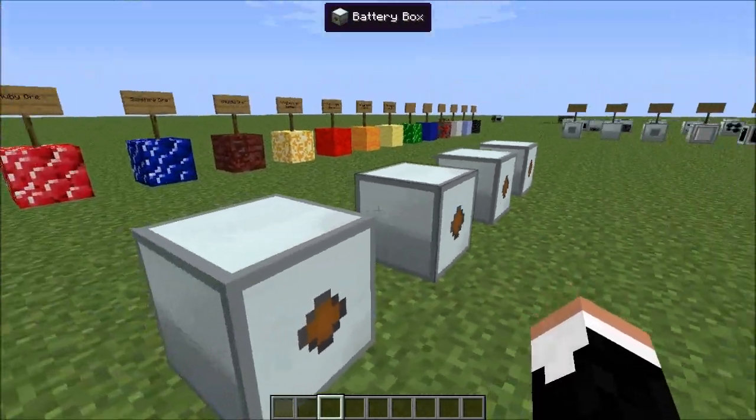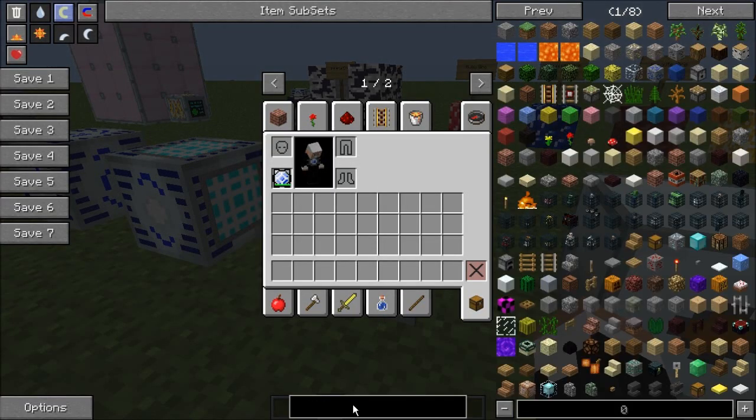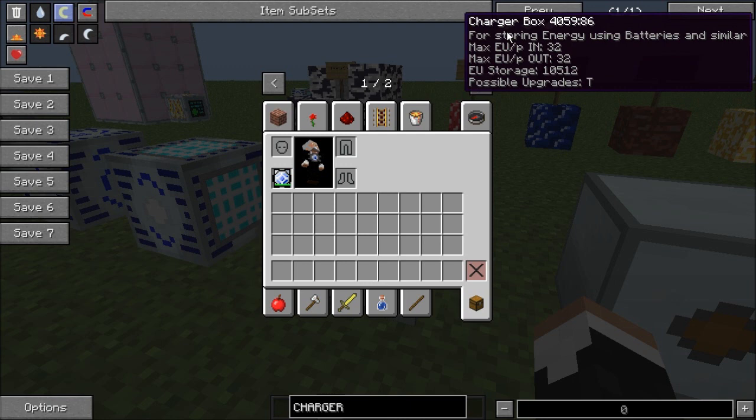Let's handle the chargers first, because they're kind of unique in how they handle their power. If we take a look at these chargers, the charger box for storing energy using batteries and similar items. Max EU per pulse in, 32, out, 32. EU storage is a little over 10K, possible upgrades T,